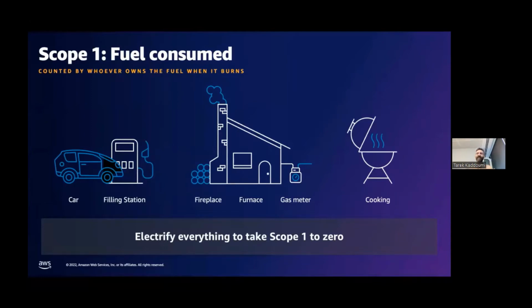So the GHG protocol has 3 scopes in order to measure and assess the greenhouse emissions. The first scope is the fuel consumed, which is about the direct emissions, the direct gas emissions. We're talking here about fuel, we're talking about wood, anything that can be burned and that can emit greenhouse gases. In order to reduce this, we would like to have a goal to electrify all the workloads that we work on, to have the electricity enablement of our workloads in order to be able to reduce the consumption of fuels and for sure the emissions. At AWS operations, this is one of our main goals, and we are working intensively on moving into electrified power